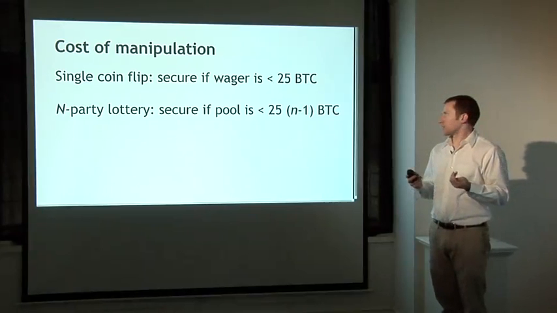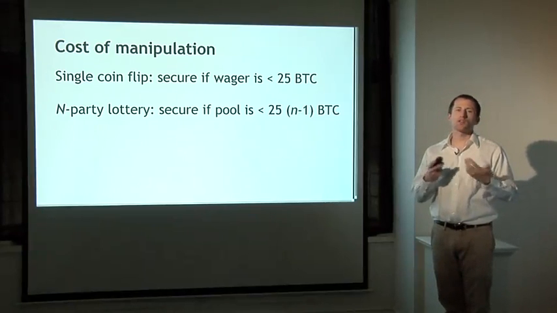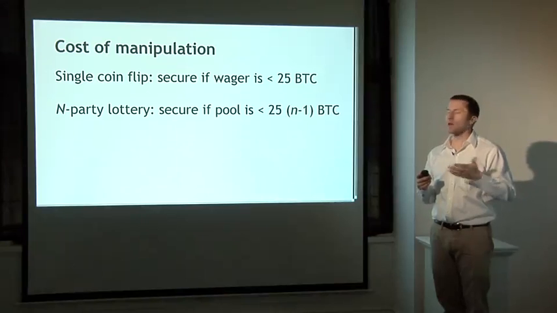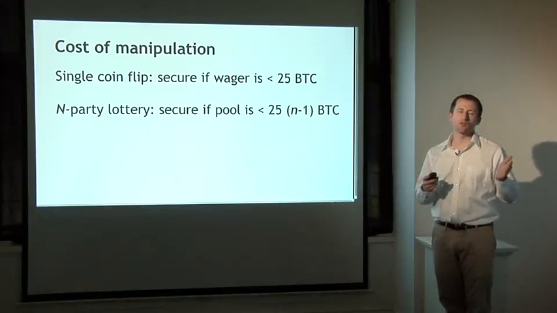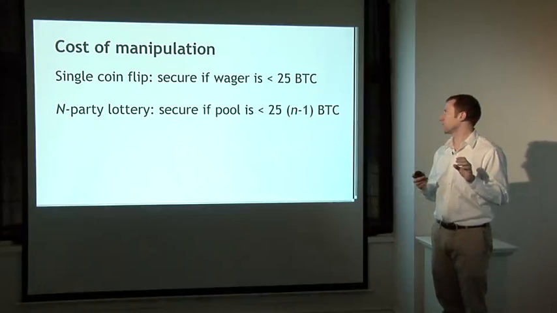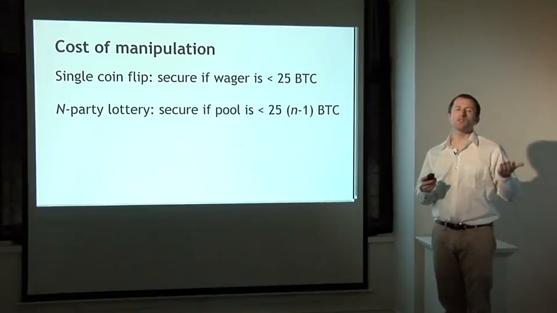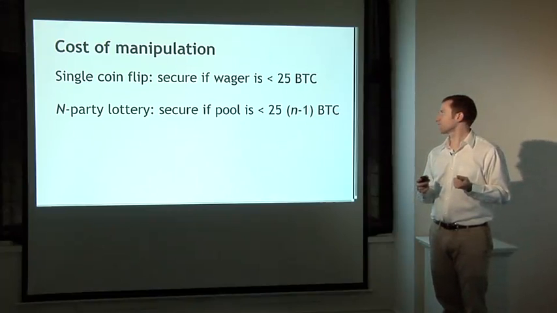And recall that discarding a block is pretty expensive. You are going to lose the entire block reward, which is currently 25 Bitcoin, or around $15,000 US at today's prices. So what's the practical cost of manipulation? So say that you're doing a single coin flip. Like I said, the expected number of blocks that you are going to lose the reward for is 1/p minus 1. And with a single coin flip, p is just a half. So you'll get that you have to discard about 1 block on average and eat that whole 25 Bitcoin cost.